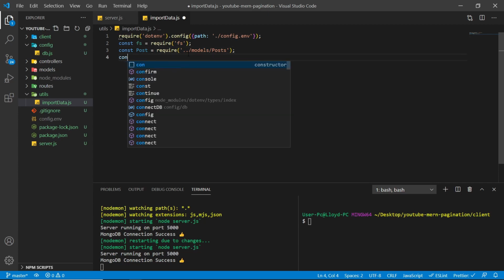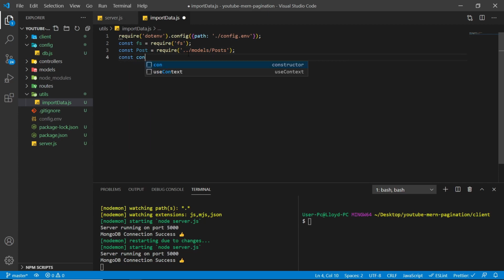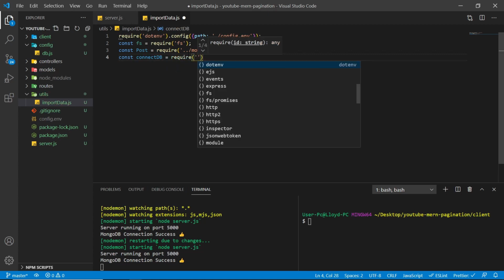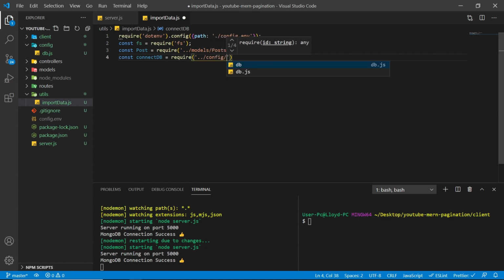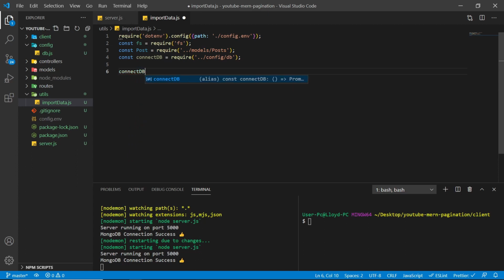Okay, then we're going to need our connection to the database. So we can say const connectDB equals require, into the util, into the config folder, and then the db file. Then we can straight up connect to our database. And then here is where we're going to be doing the manipulation of the data and the importing of the data. So the file I'm going to use is this